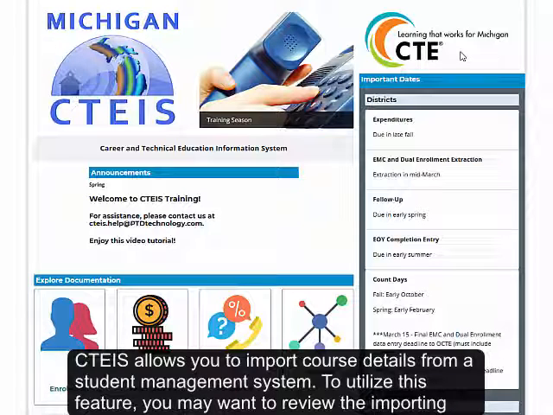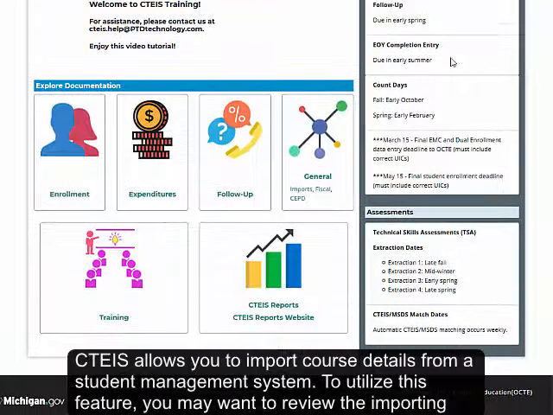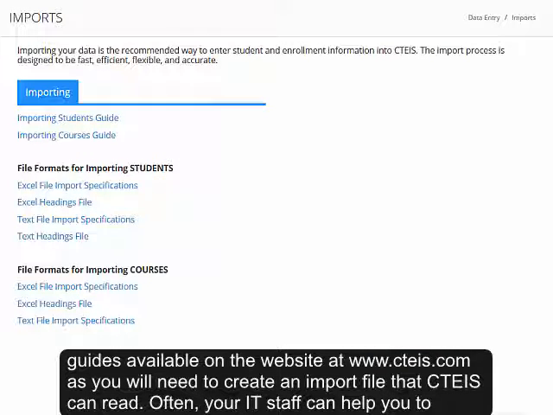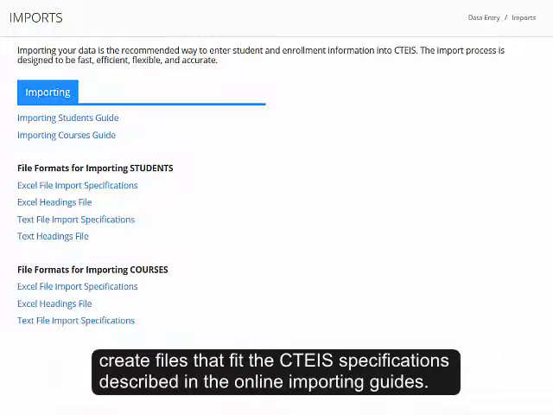CTEIS allows you to import course details from a student management system. To utilize this feature, you may want to review the importing guides available on the website at www.cteis.com, as you will need to create an import file that CTEIS can read. Often, your IT staff can help you to create files that fit the CTEIS specifications described in the online importing